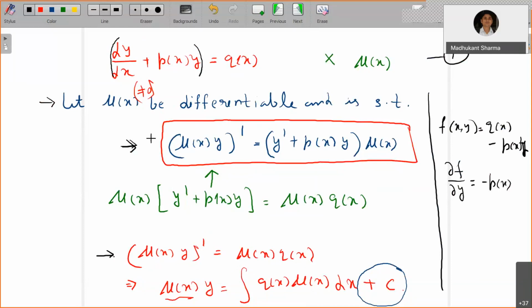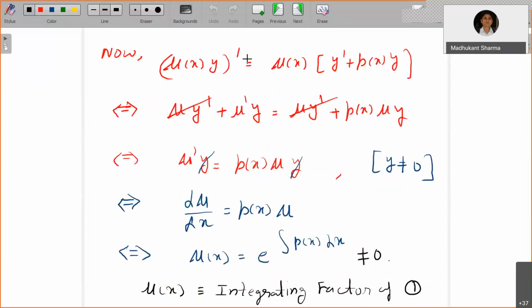Now I have focused back on this. I started with mu of x times y dash equals this, if and only if you apply the derivative rule on the left hand side, open it up and cancel whatever you can cancel, you get a simplified form. Certainly you are looking for a non-trivial solution, not a zero solution. So mu y also gets rid of, you are only having a function of mu, it is linear in mu, which is easy to solve by using the variable separable method.